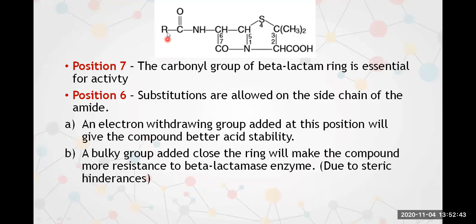group here. So as you attach many substitutions on the phenyl ring, like hydroxyl group or chlorine group or bromine group, that makes the phenyl ring more and more electron withdrawing, and that will give more stability to the compounds. Okay, this is one way to make the compound acid stable. Another is how we can make the compound stable against beta lactamase. For that,